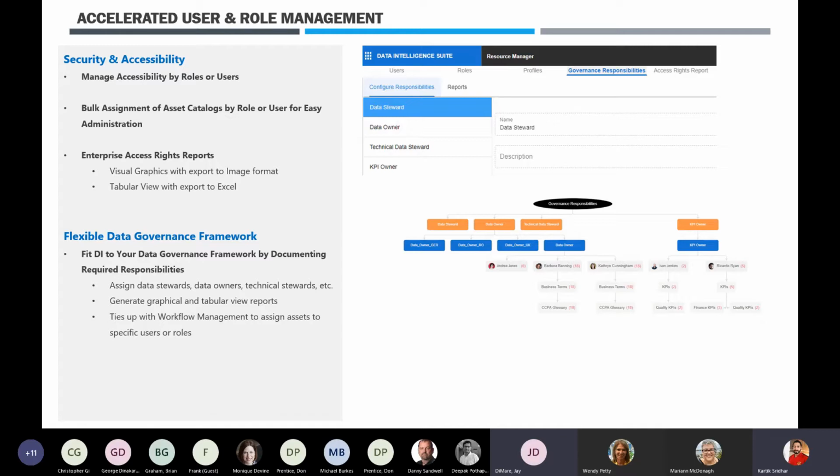And you also have the ability as an administrator to assign your assets in bulk, so that when you want to restrict access for a particular role, you can quickly go and flag what are all the business assets that this role should have access to, and what are all the technical assets that this role should have access to. You pretty much do it from one screen and get done with it.